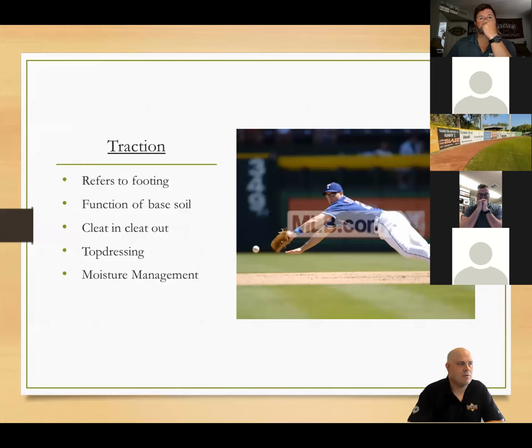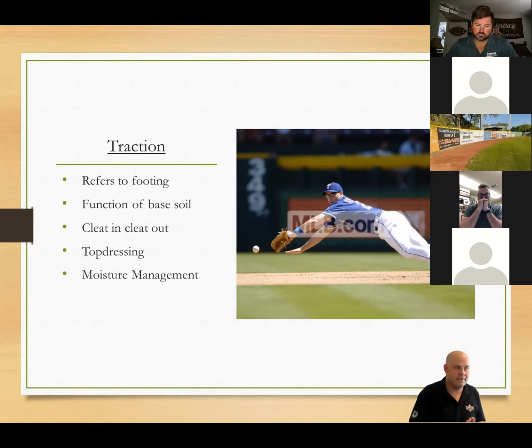Traction. We're defining traction as the footing. What type of base soil do you need to have proper footing? There's a line that's drawn in the sand that will tell you if you are too sandy. Obviously, your footing is going to slip or it's going to push out.